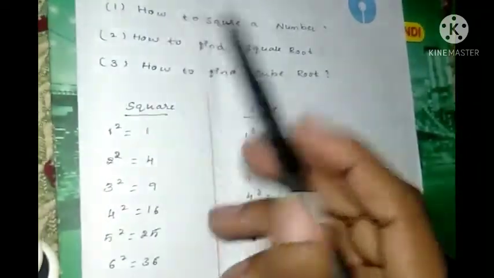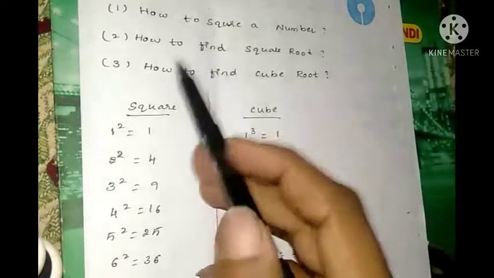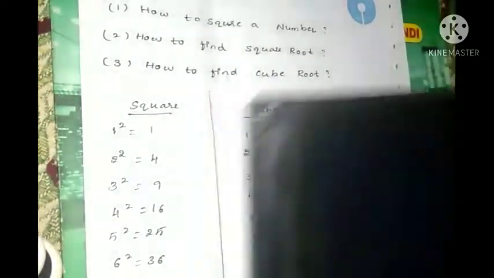Now we have to see the trick here. I am not using any Vedic trick, Vedic mathematics or any other trick, but I give you one simple trick to solve the square root of two digit or three digit numbers within 5 seconds. You learn very easily. See this, how to square a number.